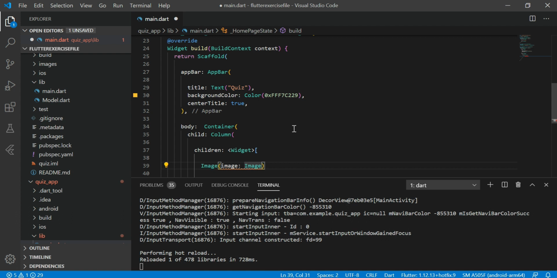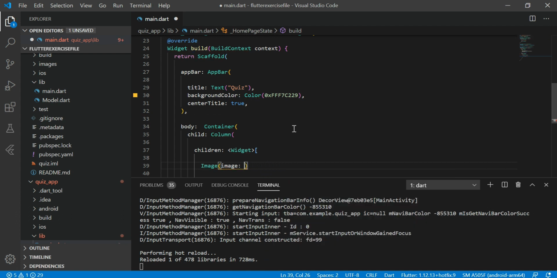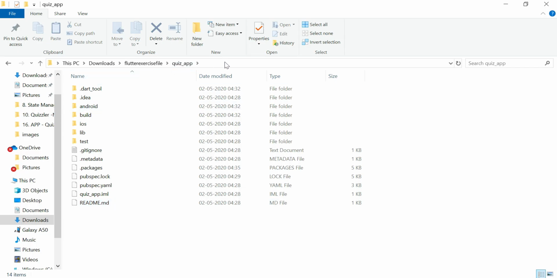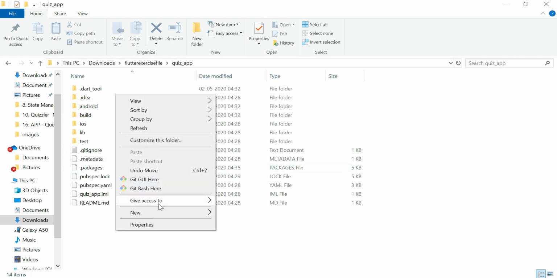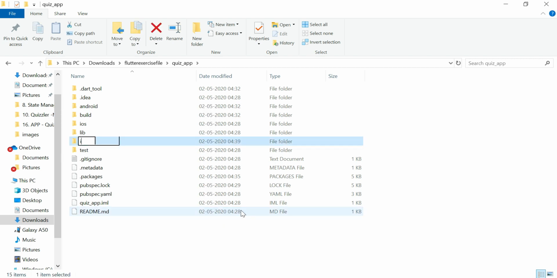Image, then Image.asset. Now to add an image, you need to create a folder in the location of your app, and I name this folder images, and I'm going to paste the image inside this images folder.